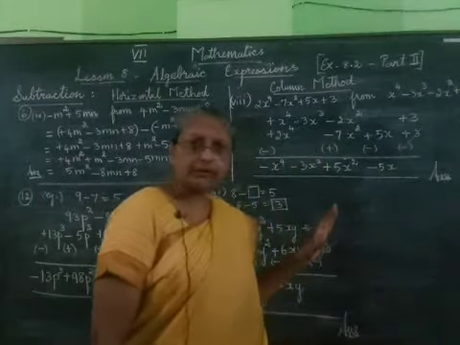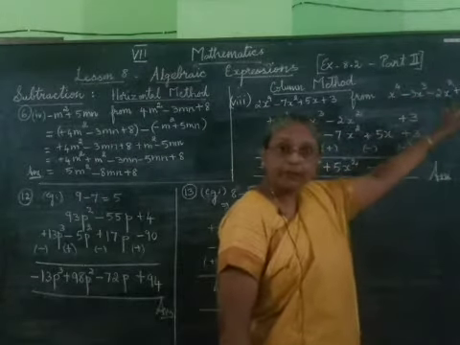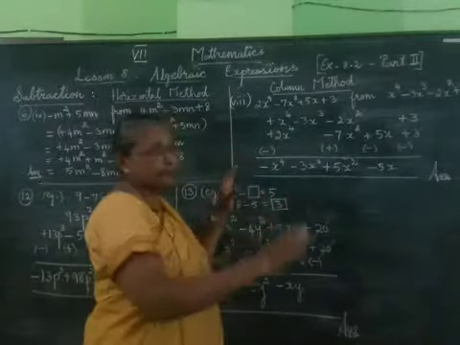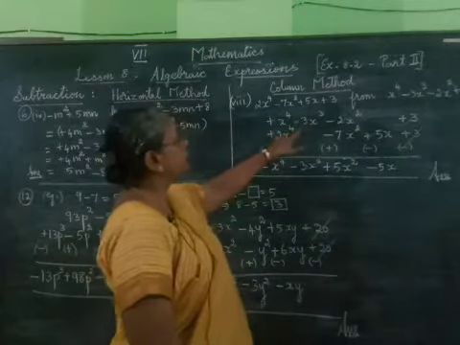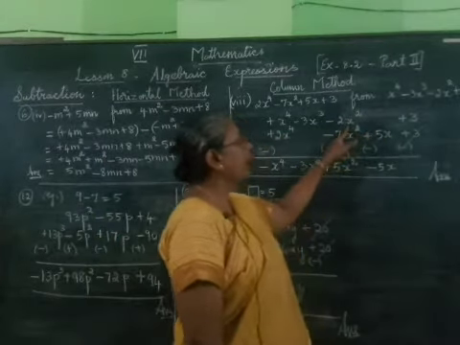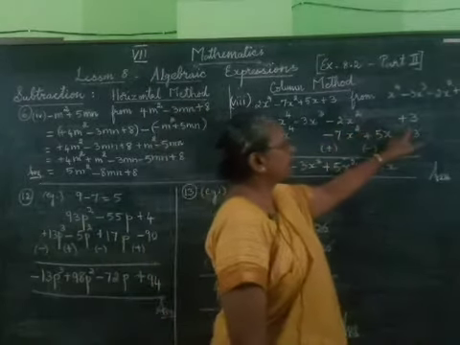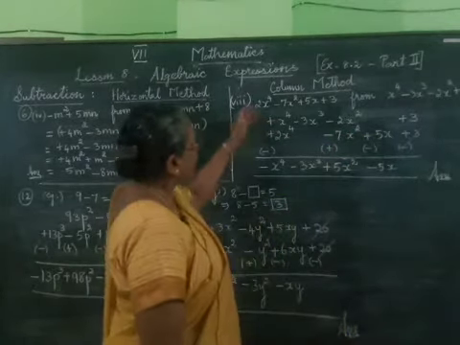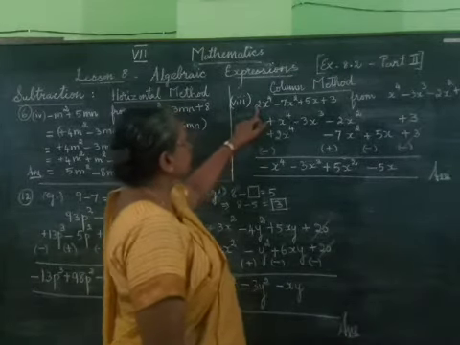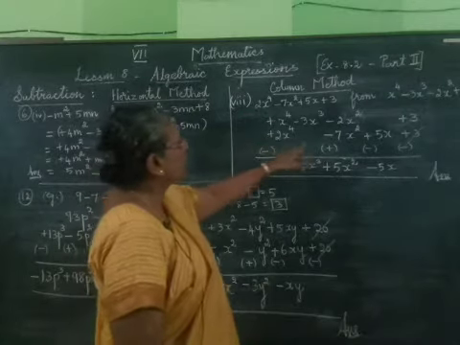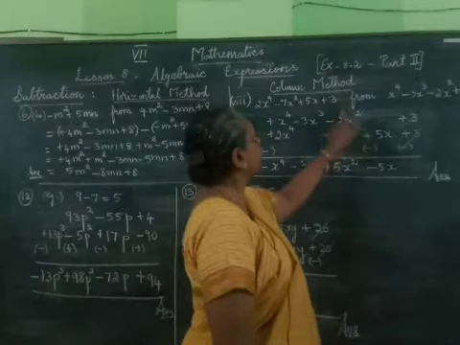So which one should we write first? We should write the expression which is coming after from. So that expression we will write on top. So x power 4 minus 3x cube minus 2x squared, and there is no x term, so we have left a gap there, then plus 3. After this we have to write the expression which is given first, that is plus 2x power 4, there is no x cube term, then minus 7x squared plus 5x plus 3.